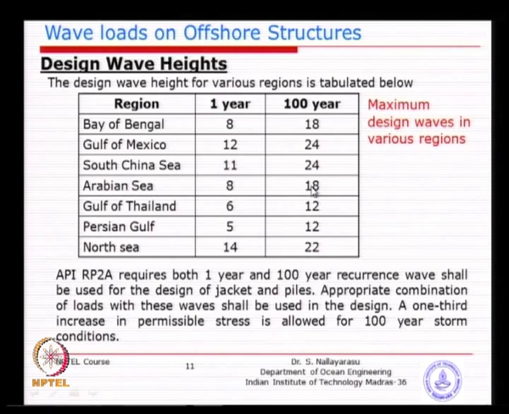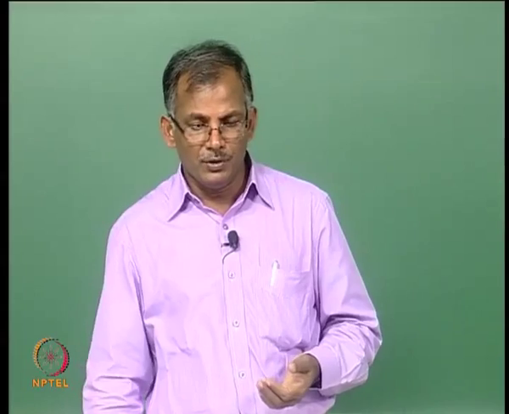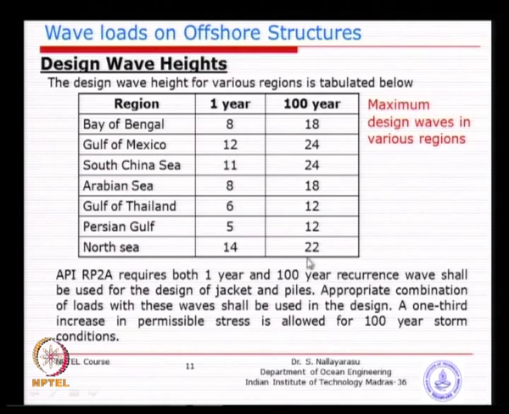In fact, from recent observations we find that this 18 meter is not correct. In the last 3 years a few cyclones have crossed this east coast, and we find that the wave heights could be as much as 23 meter. In the new developments we are using a 23 meter wave height rather than 18 meter. Whereas on the west coast, based on data from the last 30-40 years, we still use 17.8 meters, about 18 meter wave height, which did not change. In fact, the west coast is less prone to cyclones than the east coast.